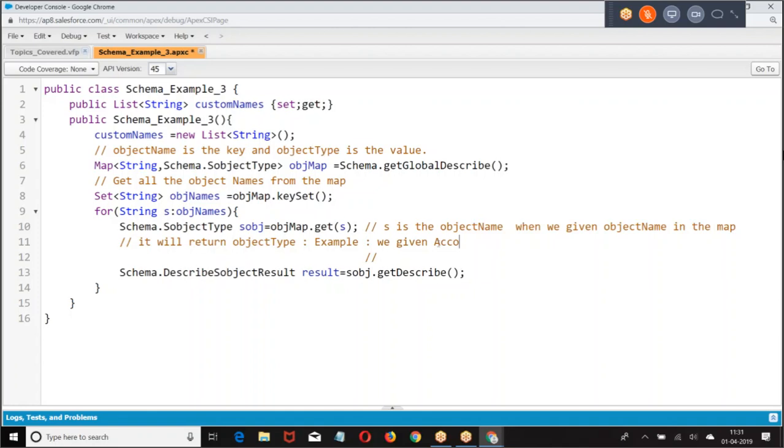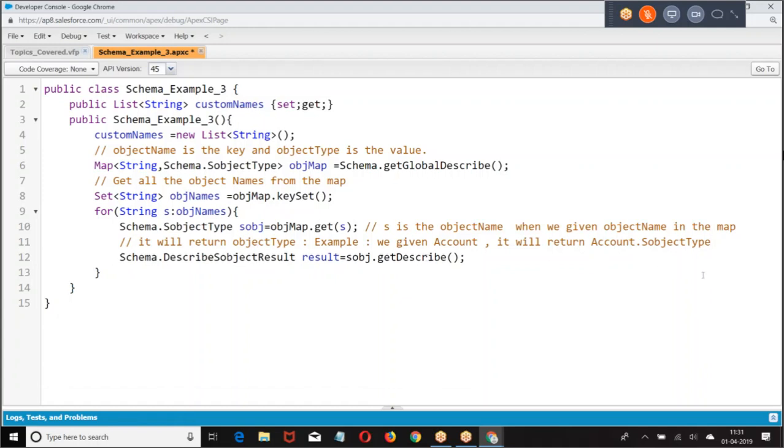In the map, object name is the key, object type is the value. If I give the object name, it will give you the object type. Then, once you got the object type, dot get describe.